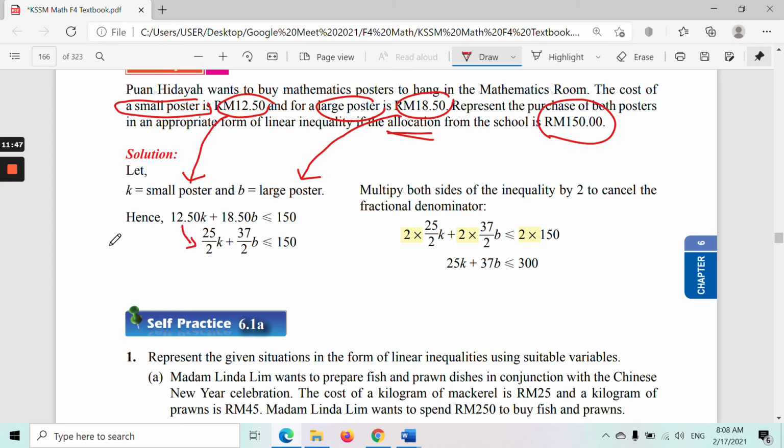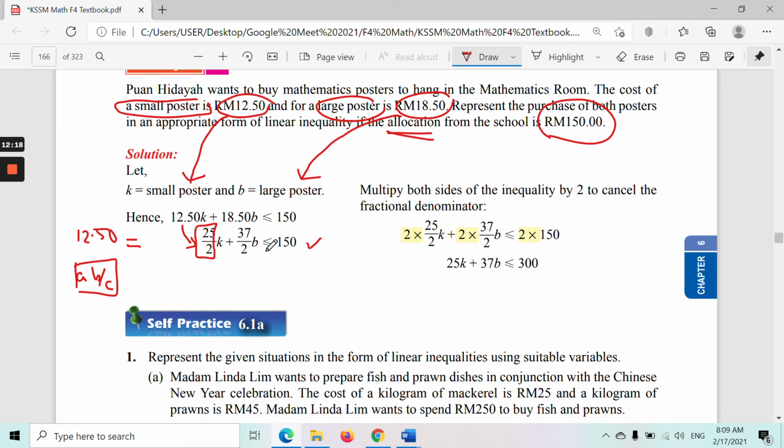So you can try to key in calculator 12.50. Then press equal at the bottom there. It will come up with the fraction for you for the gray color calculator. If it is the black one, the old one, it doesn't show you. You need to press the button of A, B/C to get the fraction. If your calculator is gray color, you key in straight away. Equal, it will come out straight away. It's 25/2. K plus, this one also the same, press in calculator 18.50. Equal, you will get 37/2 also.